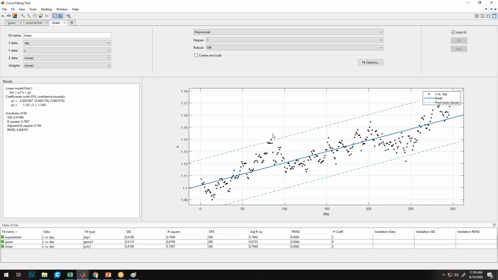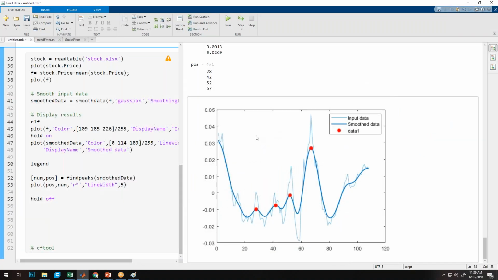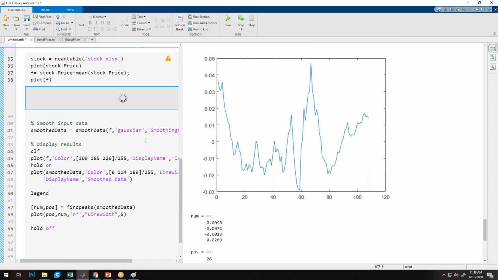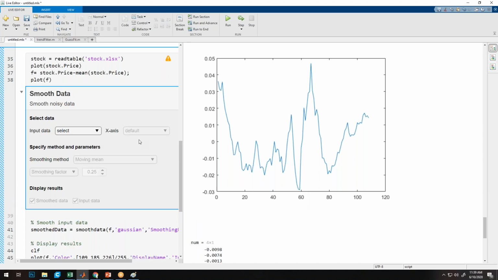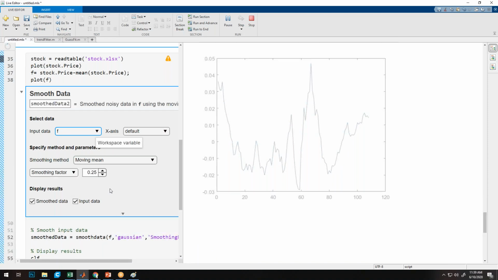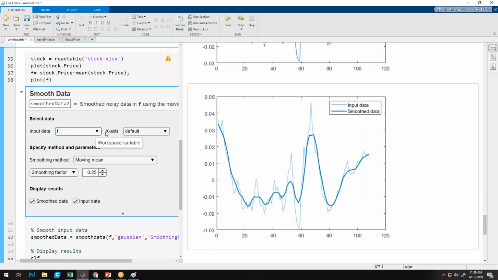Can you explain the relevance of moving window and smoothing factor again? Sure, I'll take it once again. Moving window.